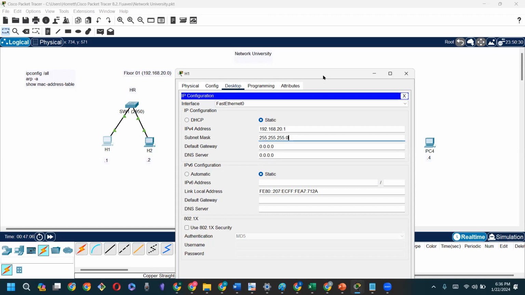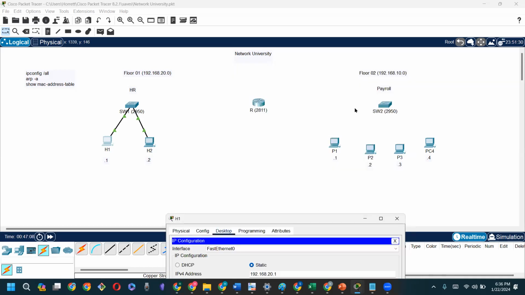So if I go back to this diagram that we have here, notice that on one side, on floor 1, it is 192.168.20, but on floor 2, it is 192.168.10. So the issue is,